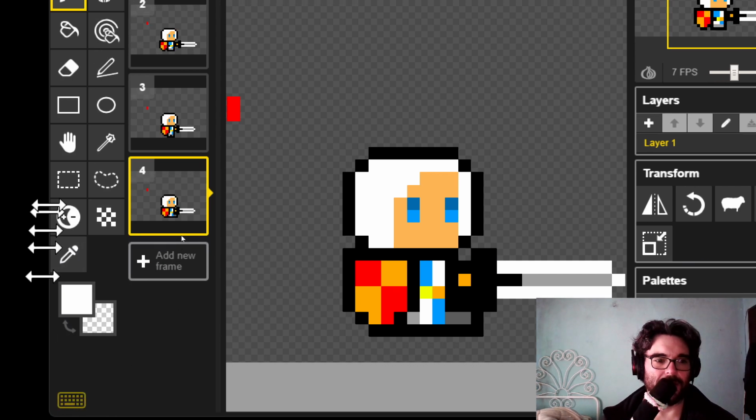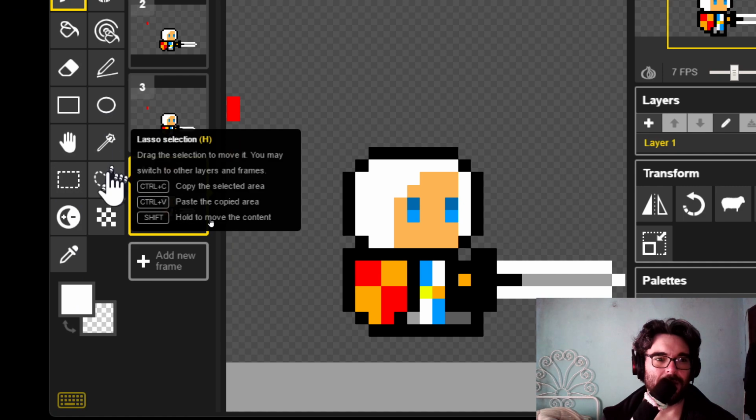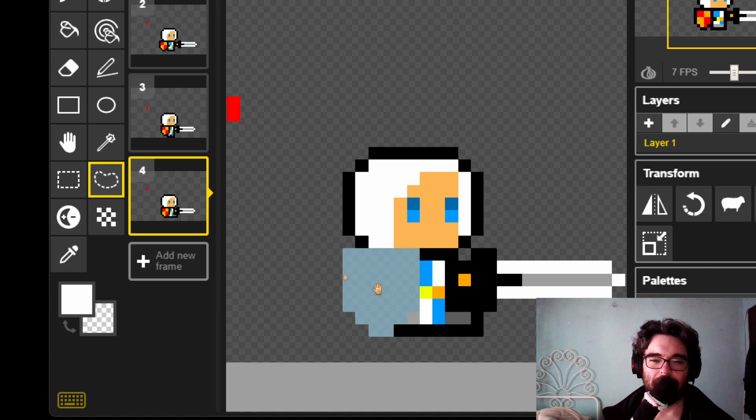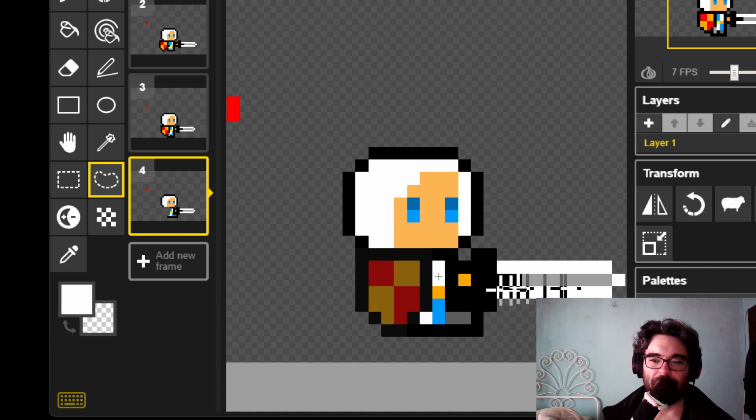So again, we're going to select the shield. I'm going to use the custom select. Why is this? Oh, there we go. So I'm going to draw the shield like so. Like that. Let go. Selected. Now I'm going to cut, select, move one forward, paste, and